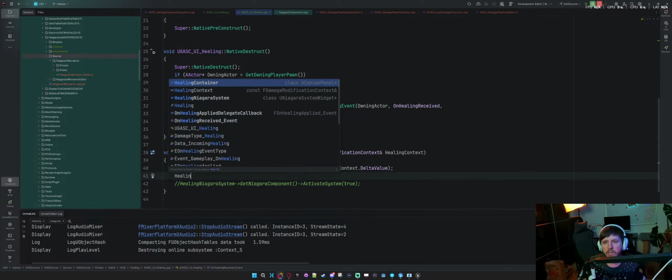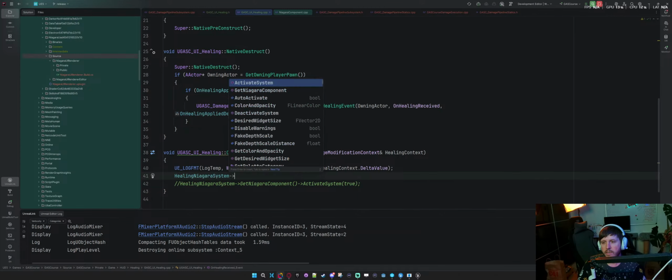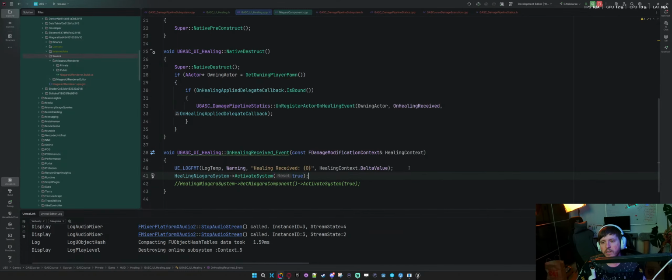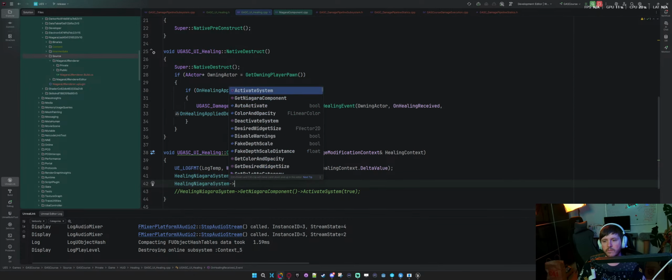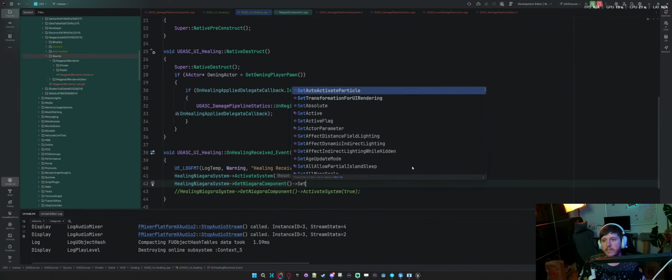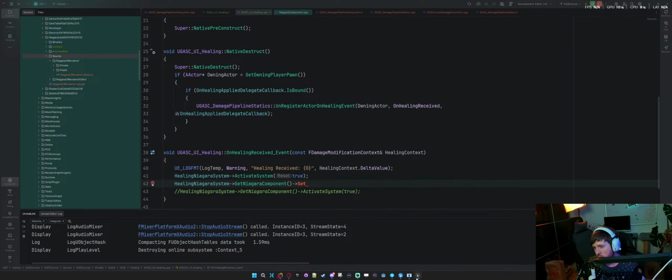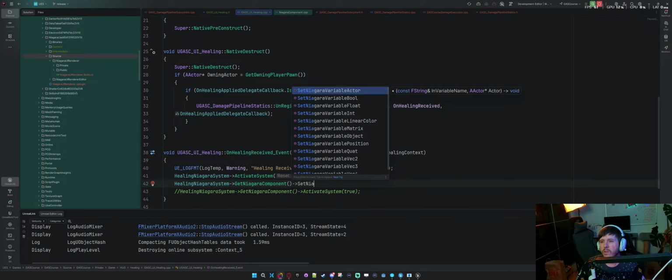Quick, so we're going to do healing Niagara system, activate system, right? Reset. And then I could say healing Niagara system, get Niagara component, set. Now what's the set Niagara variable int?